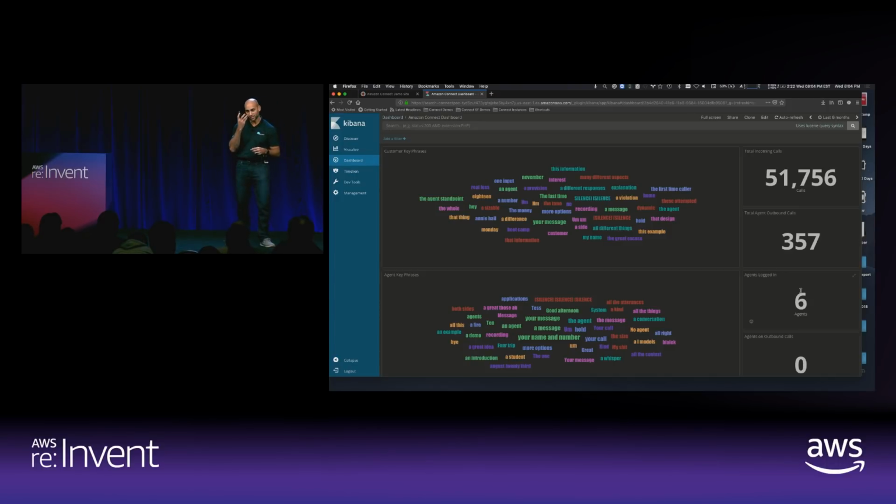Alexa, ask the contact center how many agents are logged in. There are 6 agents in the online status. So you can see this data in real time is coming off of this index. It's really cool. I can say things like,